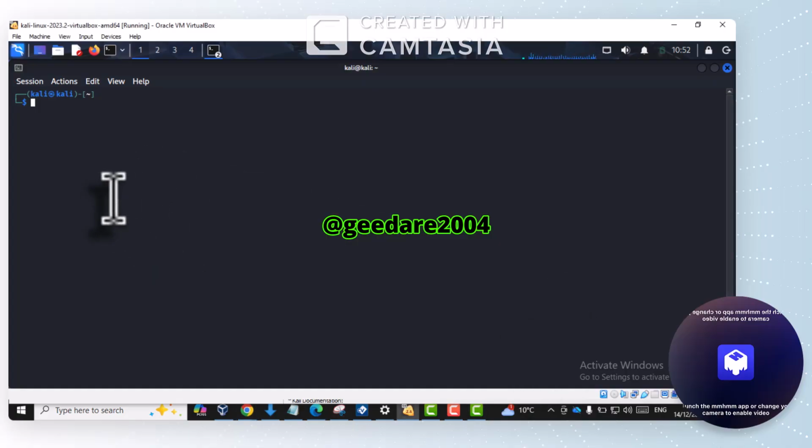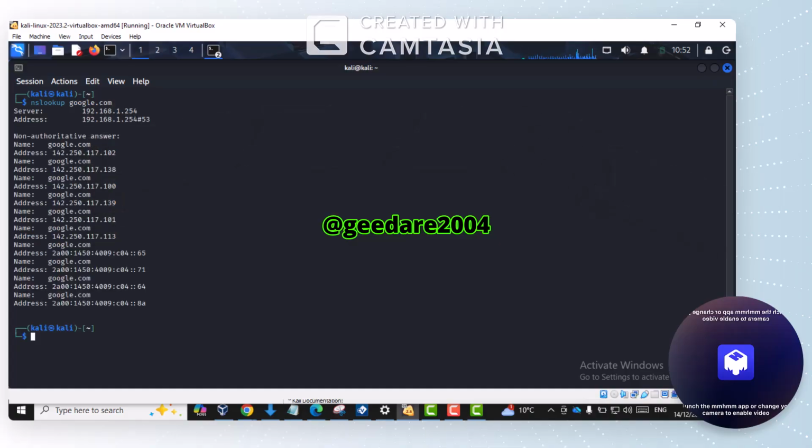Now we're going to run the command nslookup for Google. So we have the output for the nslookup for Google, and the servers. We have the first response server